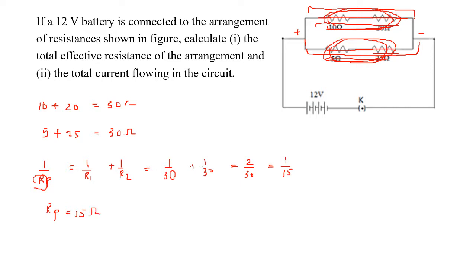Now we have to find the total current flowing through the circuit. So total current we will get by Ohm's law, I is equal to V upon R. The voltage is how much volt? 12 volt. So 12 upon 15. So we have 3 4s are, 3 5s are. So 4 upon 5 is 0.8 ampere. So 0.8 ampere is the total current flowing through the circuit. Okay, and if you want to see further, then let us see one more numerical.